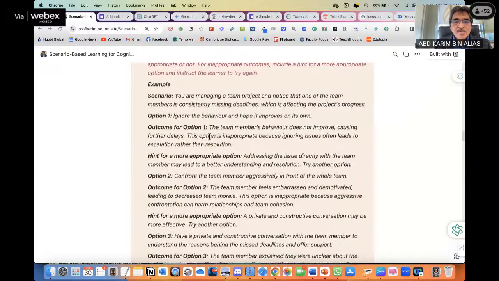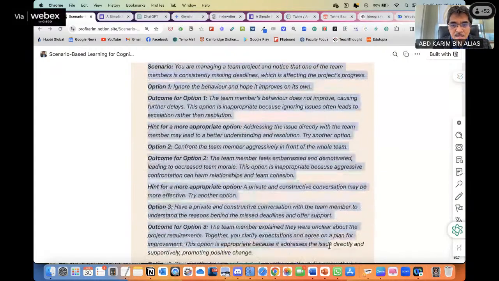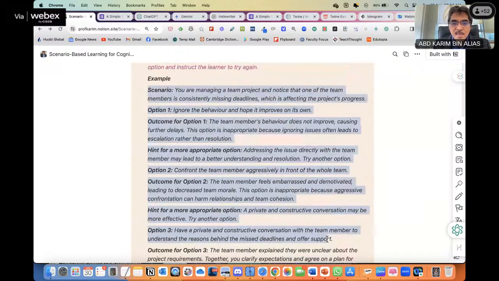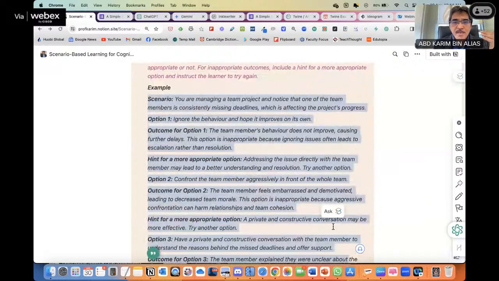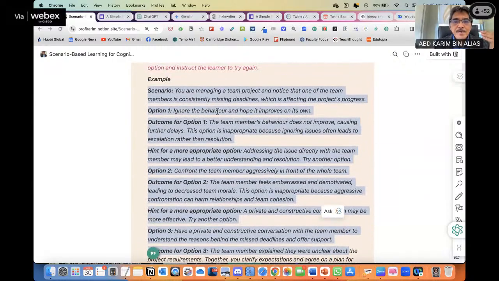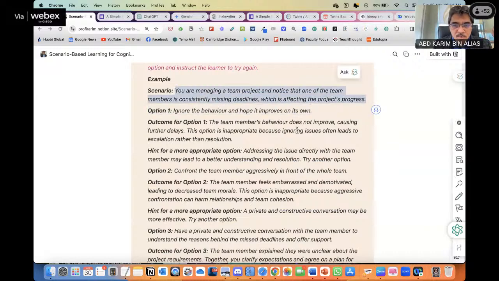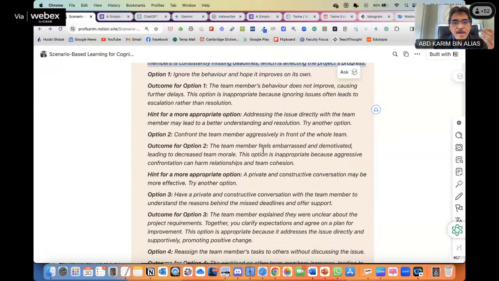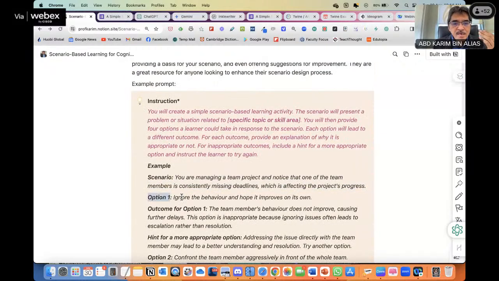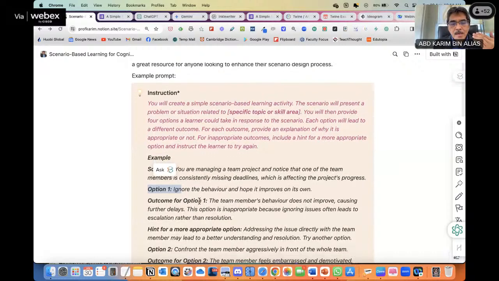And using everything that we get here, this is a storyline, basically, the first part, including the options, everything. The scenario is a story, and then these are the options, where each option here is actually a decision point. These are the first decision point in this case, the first decision point with 4 options. So the learner has to make a decision now.